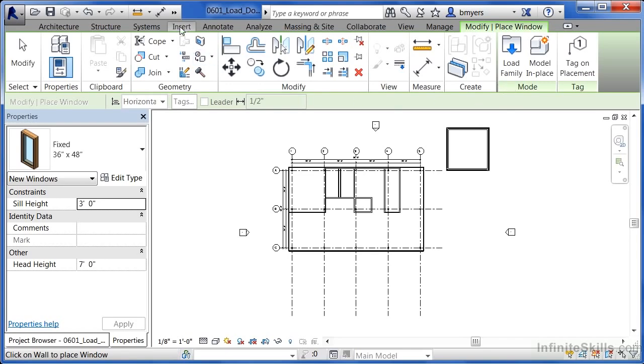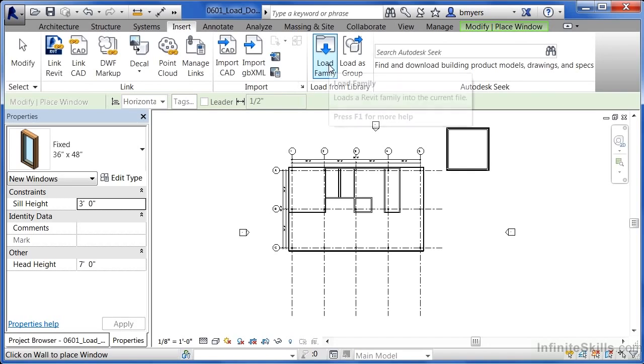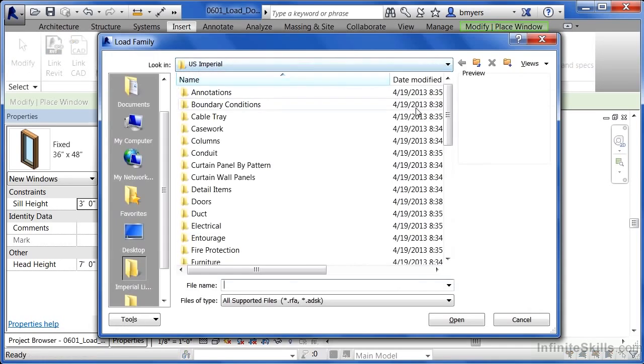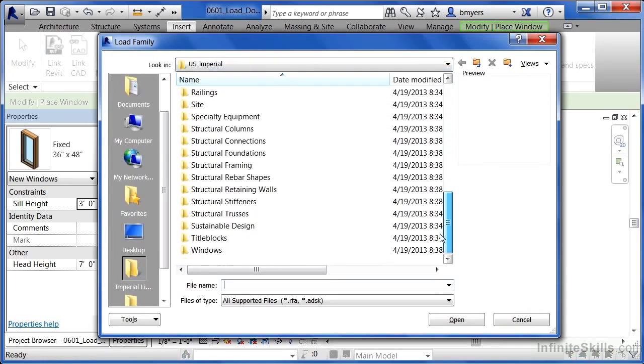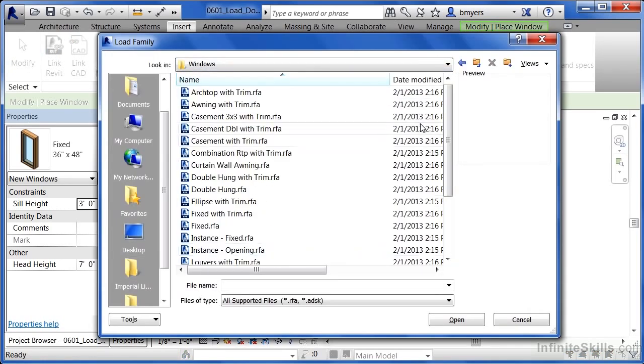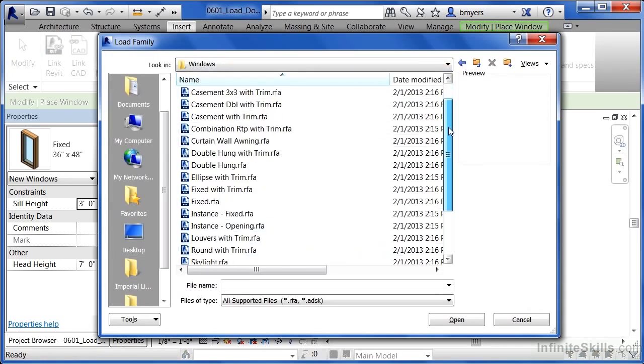Underneath the Insert tab, there's a button there called Load Family, and this does the exact same thing. The big difference is whenever you execute it from underneath Insert it will just load that family in and not try to place that family automatically. Click Load Family, scroll down, double click on Windows, and in this case, I want to load a double Hung